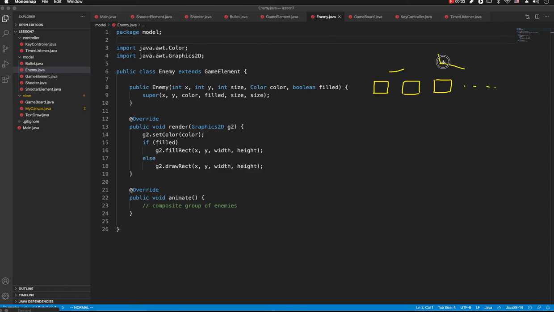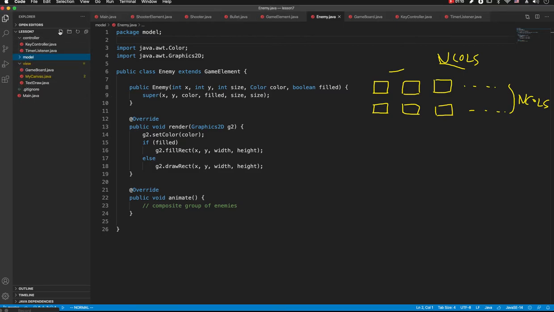So this is going to be the number of columns we have in the enemy composite, and then rows we are going to have the same spacing vertically, size of the enemy and the spacing, and then we repeat another row of enemies. So this is going to be n columns. So that's the initial array layout of the group of enemies, and then those group of enemies will travel across the sky automatically each frame. So let's define under model